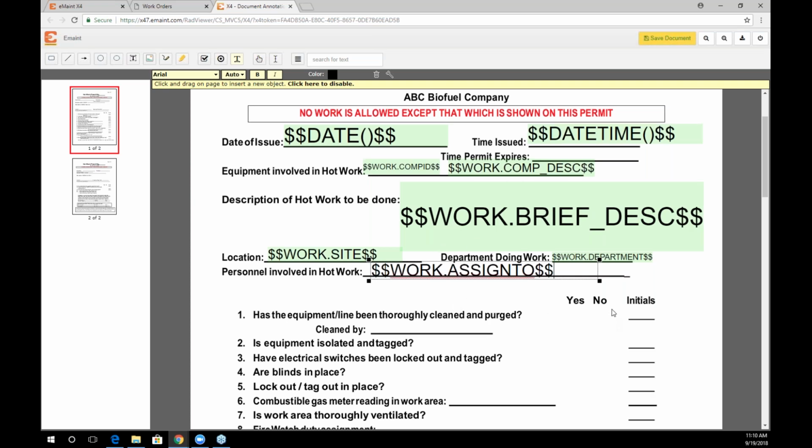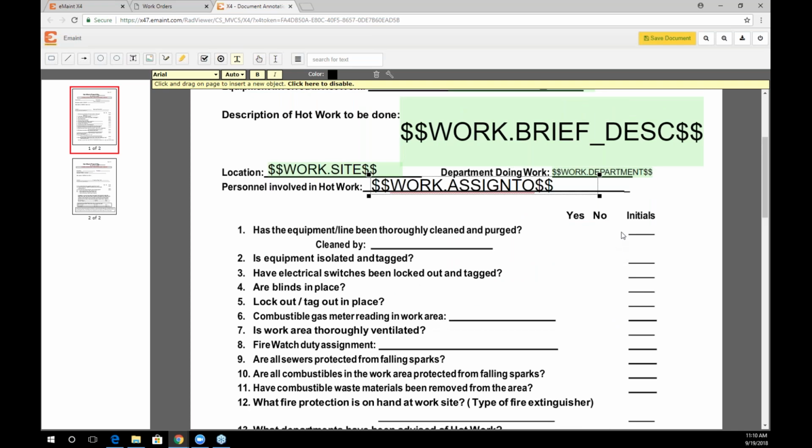Looks good. So I'm going to continue on here down to this portion where they're actually going to be entering information in. So what I want to do here is add those text fields, but I'm just going to leave them blank right now for this initials field. And then before